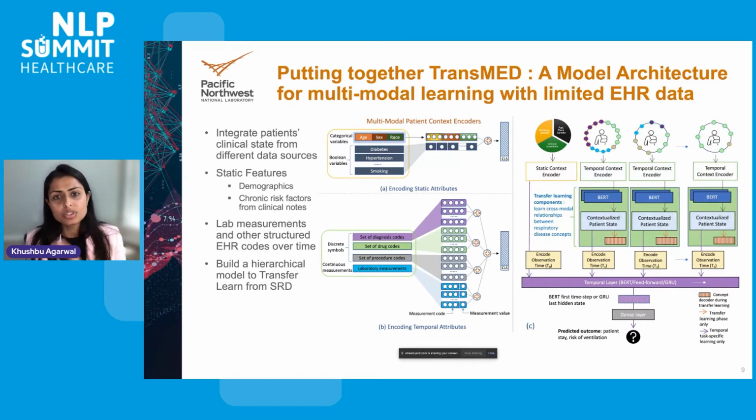So that allows us to learn or improve the relationship learning between the different codes or medical concepts that occur in a patient's stay during a respiratory disease. And once we have these contextualized vectors per day, then we take the static vector with the risk factors as the observation at time period 0, have the contextualized risk factors over patient stay, and then we pass it